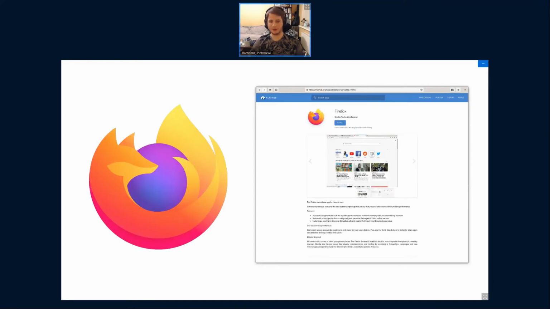The biggest addition this year is Firefox, which has been in the works for like 2 years, I think, with many people involved. So nowadays Firefox is on Flathub, on both Flathub stable and Flathub beta.